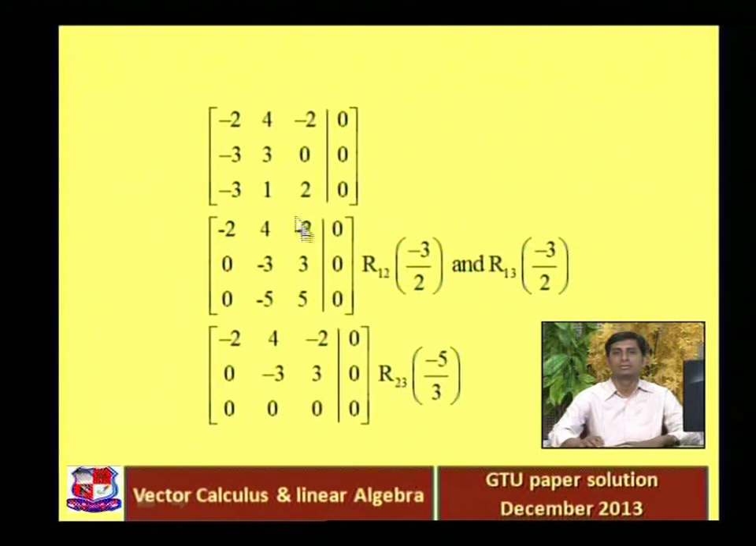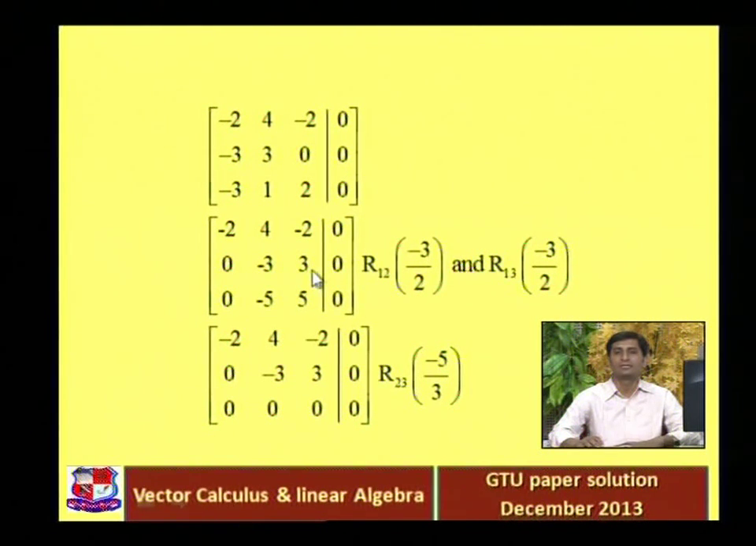Then we are multiplying the first row with minus 3 by 2, right? So this 4 into minus 3 by 2 will become minus 6, right? And 3 minus 6, that is minus 3. So this minus 3 is coming from that one. And then 0 minus 2 into minus 3 by 2, so the 2 will be cancelled, minus minus plus, so plus